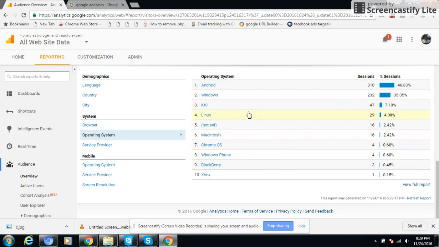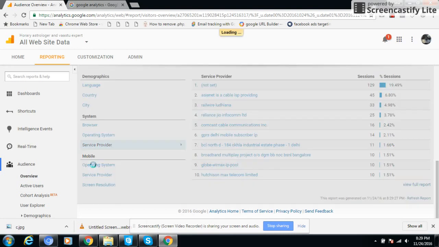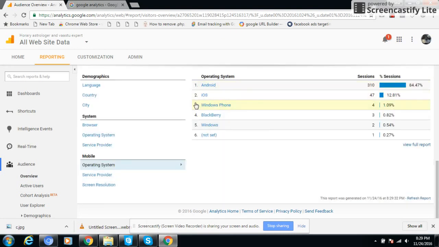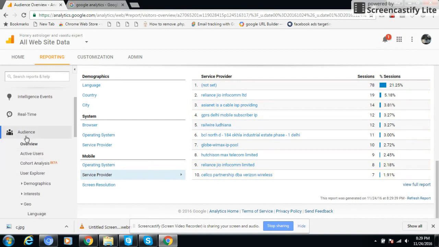See the numbers so that I can optimize the site and check your website is loading properly in these particular browsers, and the service provider, that is the ISP. This is the ISP and their numbers, and the mobile operating system. Android is the majority and few people come from Apple, Windows, iPhone, BlackBerry. This data is very important. Okay, service provider, the ISP, screen resolution, active users. See, this is very important.